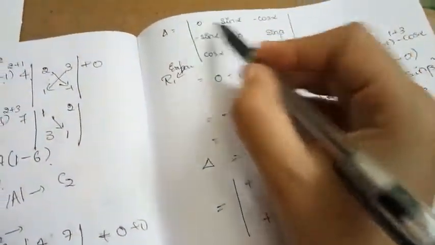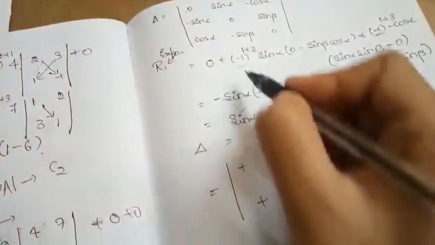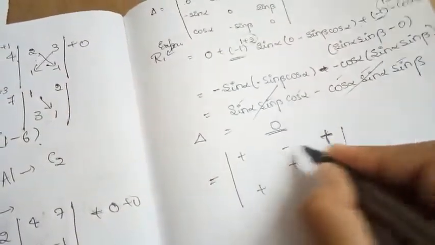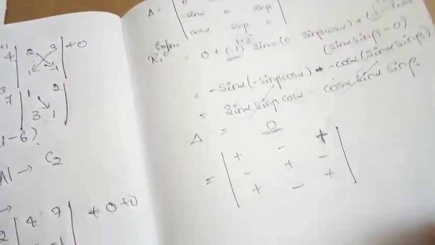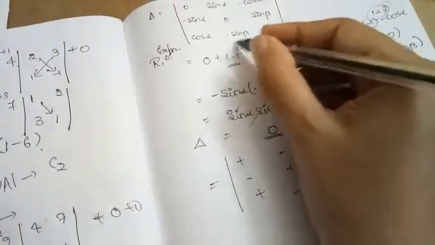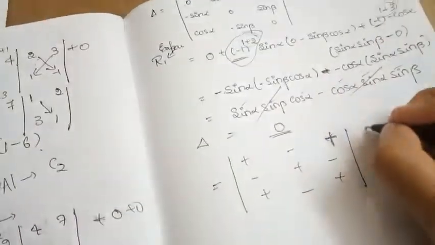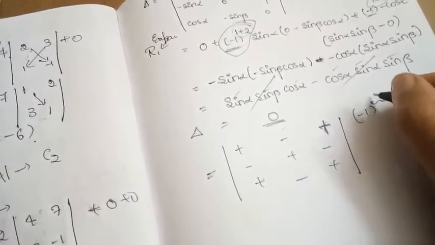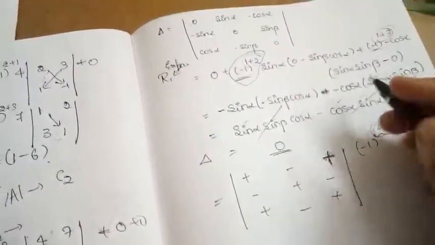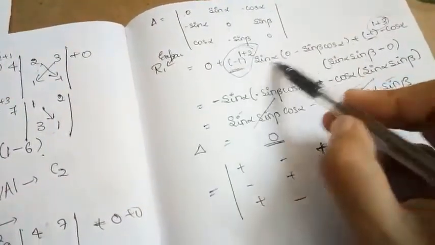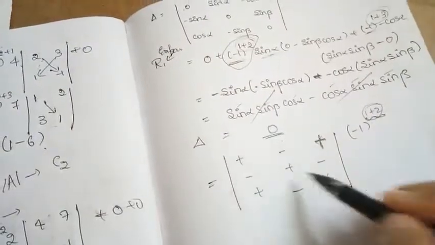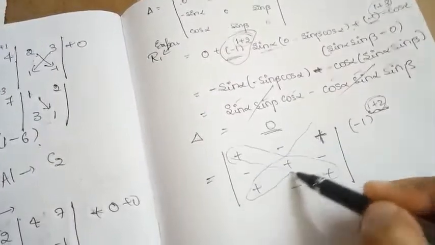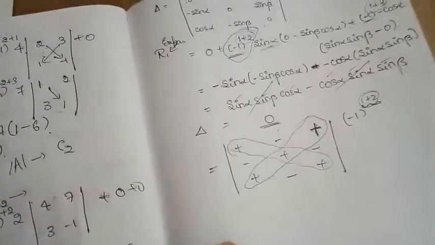So when it comes to diagonal places, the value of minus 1 to the power index becomes plus, and all the rest of the places become minus. This is how you can keep this sign notation in mind, minus 1 to the power, where the subscript is the place or position of these elements. Along the diagonals you will always get a positive, and in the rest of the places you get a negative.